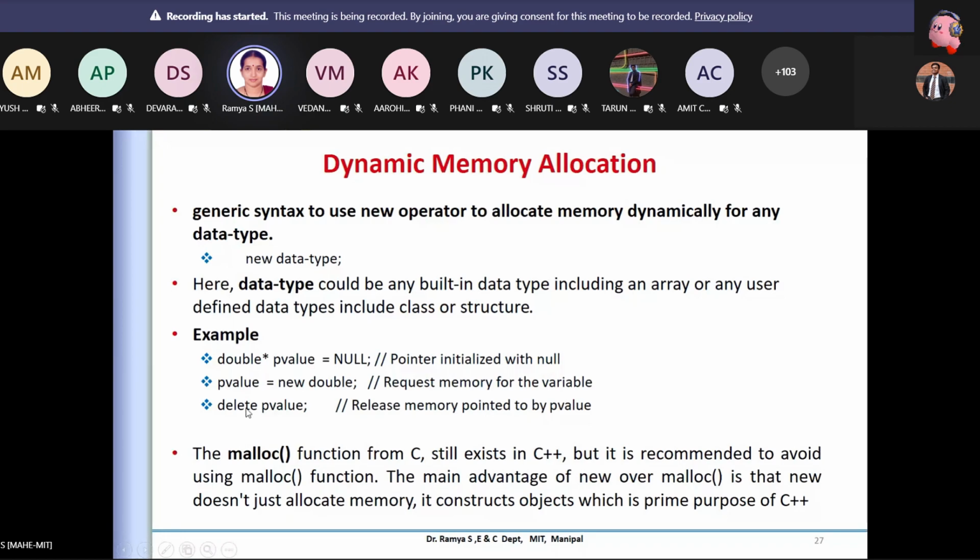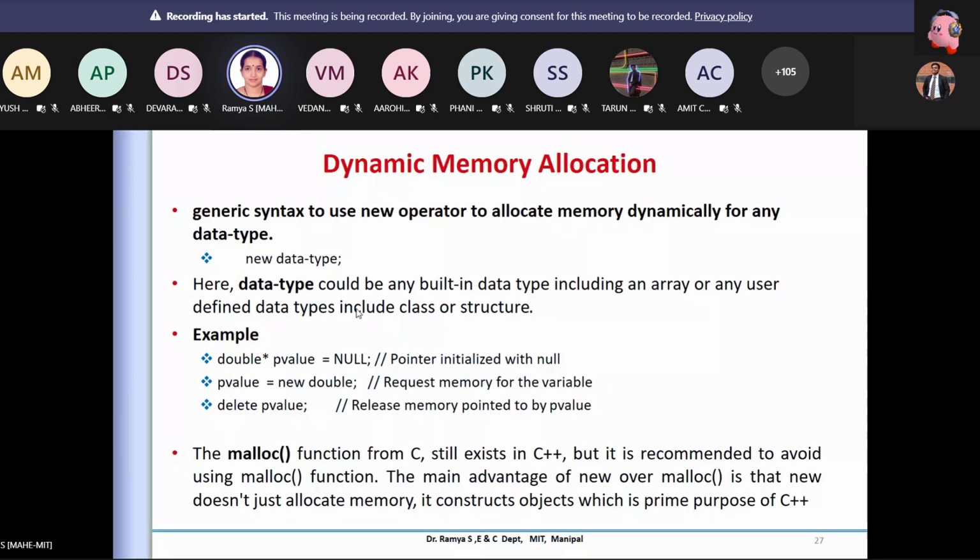C++ also provides malloc, which can be used in C++, but it is not preferred. So in C++ we use new and delete to create any dynamic memory allocation. You are allocating a bulk of data, and trying to release it in a similar fashion. We'll see how it is different from the destructor, and what happens in a destructor also.